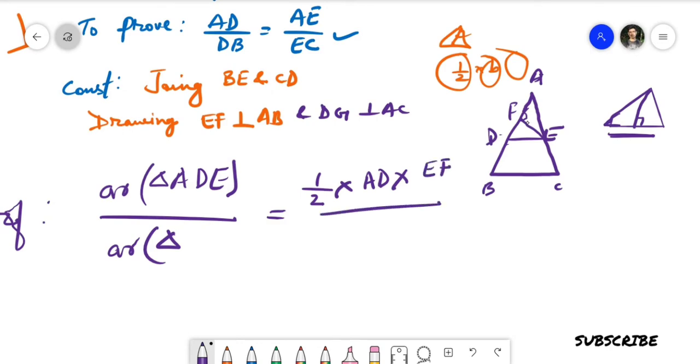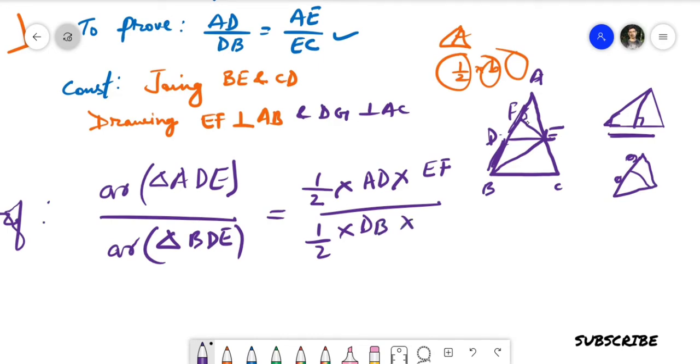Downside, we can write area of triangle BDE. BDE means this area. So half, if you see properly this one, here we have the base is this one. Suppose base for this, then of course another base will be this only, because they are on the same line. If you see properly like this. So if I suppose this is the base, another base will be this, so we can write DB,